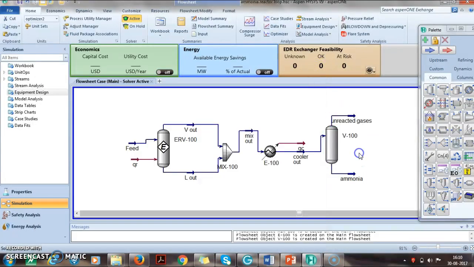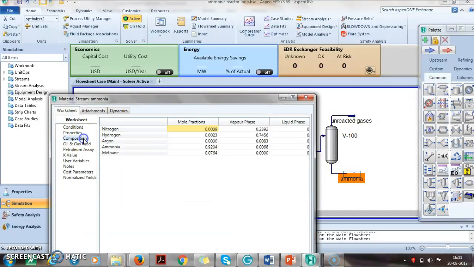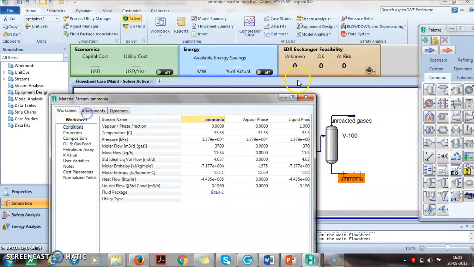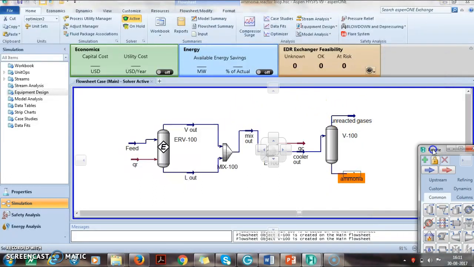Since the pressure drop has already taken place here, we don't need to do anything. This works almost as a drum which separates liquid and vapor, and you can see that the ammonia content is 92%. So now this needs to be recycled, but before it is recycled we need to